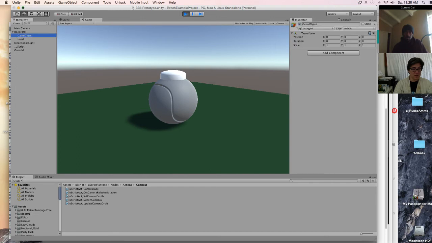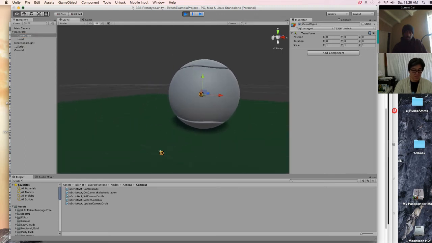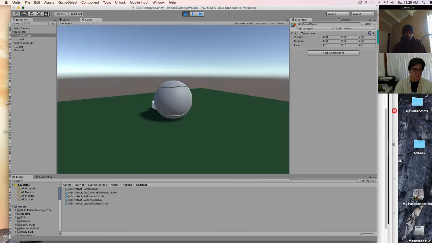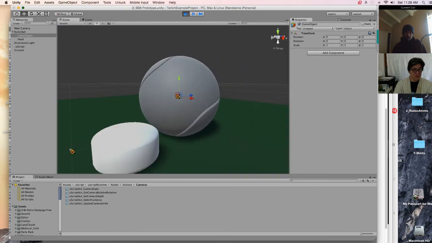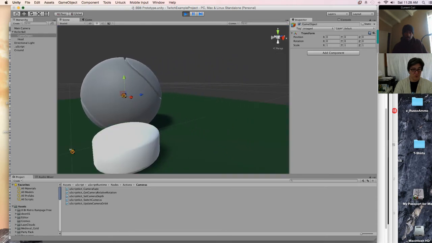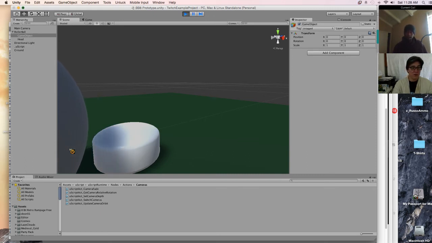See, where's our game object? Our game object is in the center of the roller ball, right? So let's go back to game, and let's move this over. Let's go back to scene. You see, it follows the roller ball wherever it goes, right? So it's attached to it. Well, the game object's not doing anything because it has no physics. Correct? It's not inheriting anything from the roller ball.